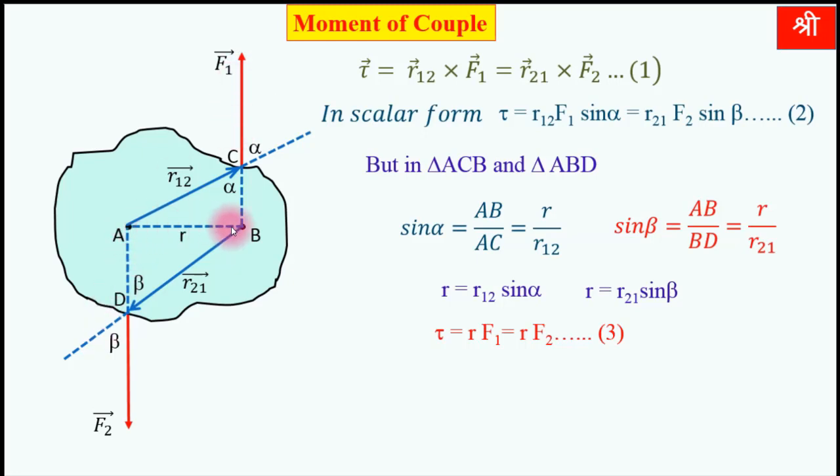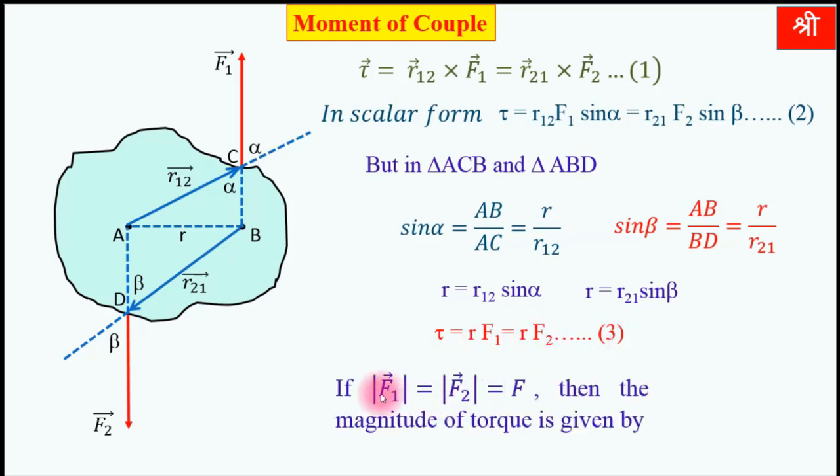Therefore R is perpendicular distance. This AB is the perpendicular distance between these two forces F1 and F2, that is R into F1 or R into F2. You can take any one vector, as their magnitudes are same. Therefore we can simply write, we know magnitude of vector F1 is equal to magnitude of vector F2, that is